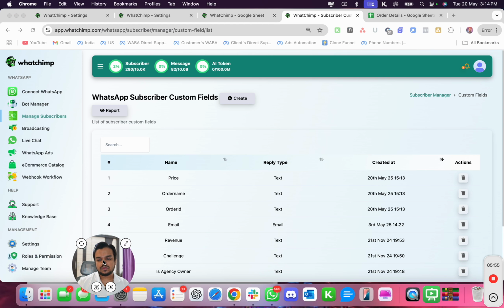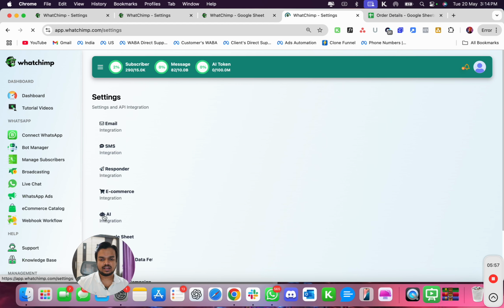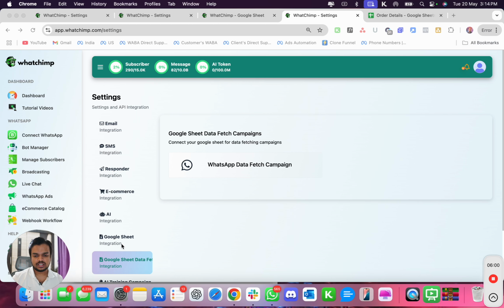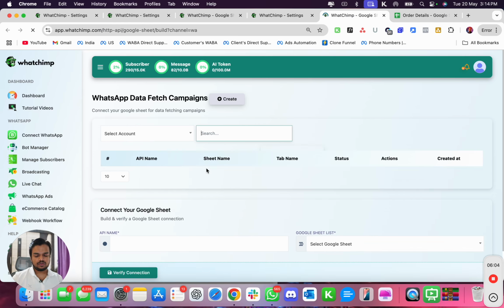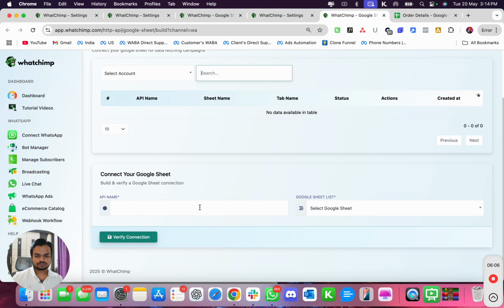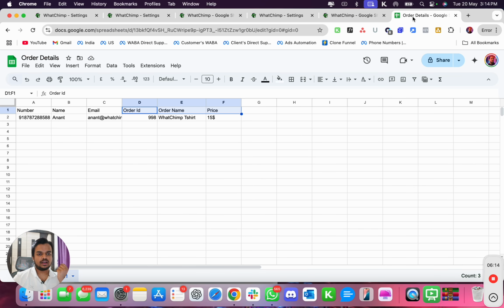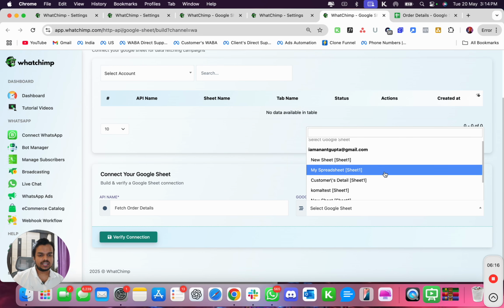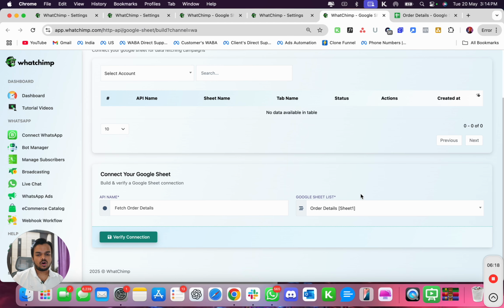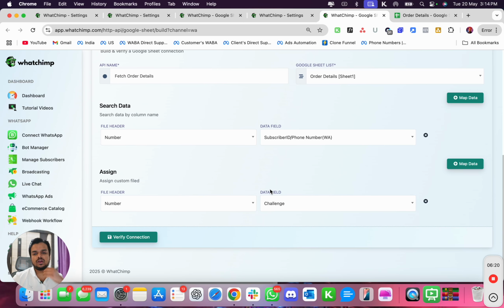Now what I need to do is go back to my settings again, and instead of using Google Sheet, now I'm going to go to Google Sheet data fetch. So we click on Google Sheet data fetch over here, and then I'm going to name this as fetch order details. And then here I need to connect my correct Google Sheet. So I'm going to select my spreadsheet, which is order details,